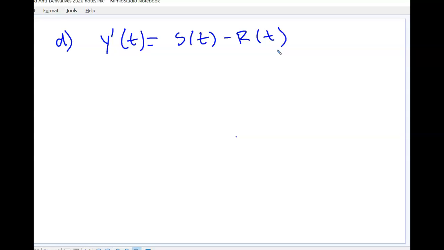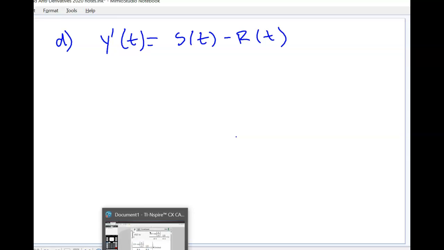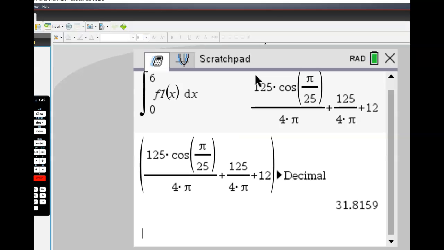Okay, so remember, absolute min either happens at the endpoints, which is at t equals 0 or t equals 6, or where the derivative changes from negative to positive. So if we go back to my graphing calculator,